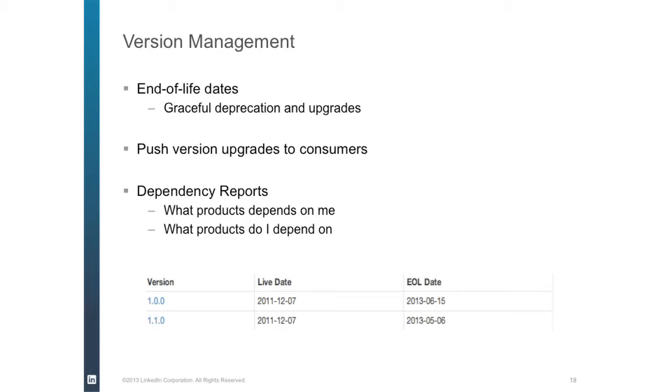So what about this? I mentioned version management is so important to us. Why is that? In the traditional way, you would ship a version, and then you'd be stuck supporting or maintaining that version essentially till nobody was using it anymore. And you really wouldn't have a way of knowing that nobody was using it anymore. Or you just decided at some point, we will stop supporting this version, and you send out a newsletter. You hope people read it. You hope people migrate. And then you remove it from your servers, and then people come yell at you. At least that's what happened to me.